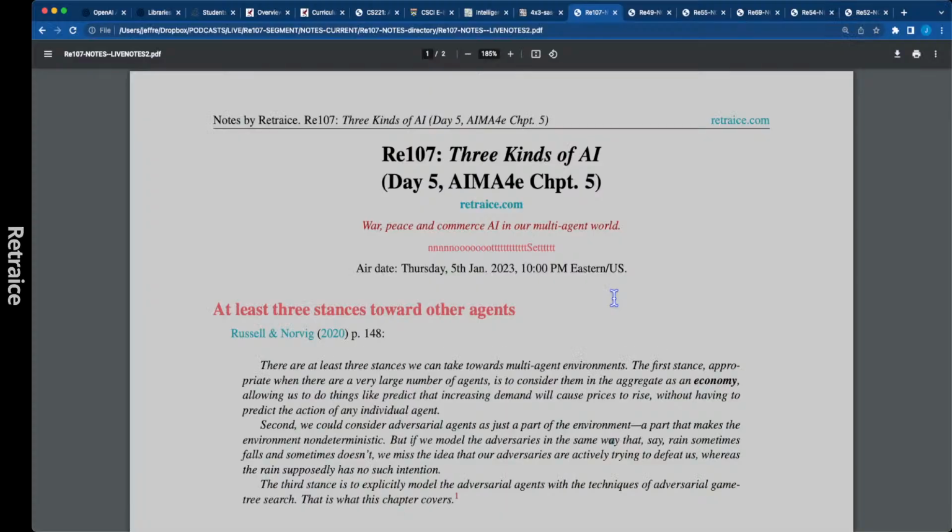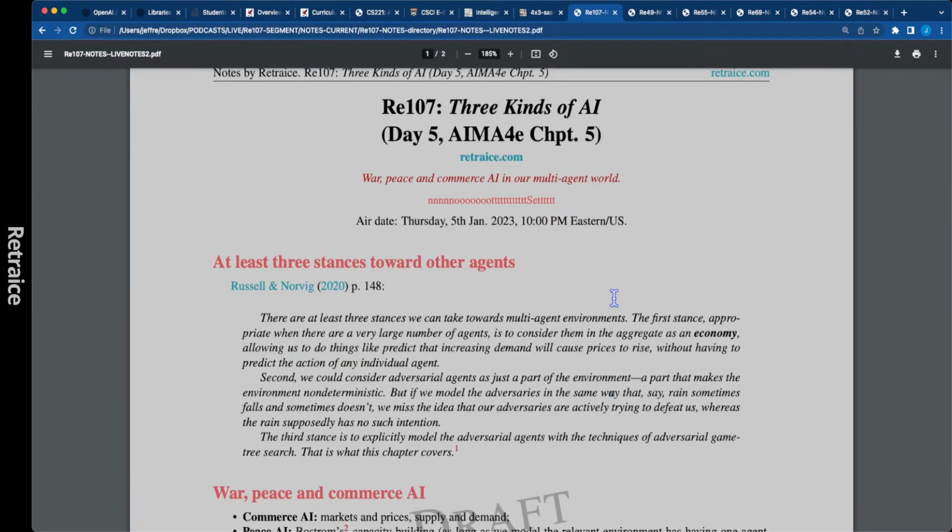And so what have we found? Well, what's the title of this thing? I mean, what is the title of this? I gotta scroll up. Three kinds of AI. Yeah, okay. I do know what I'm doing here, but I'm doing too many things. All right. Let's start with the opening passage in Chapter 5.